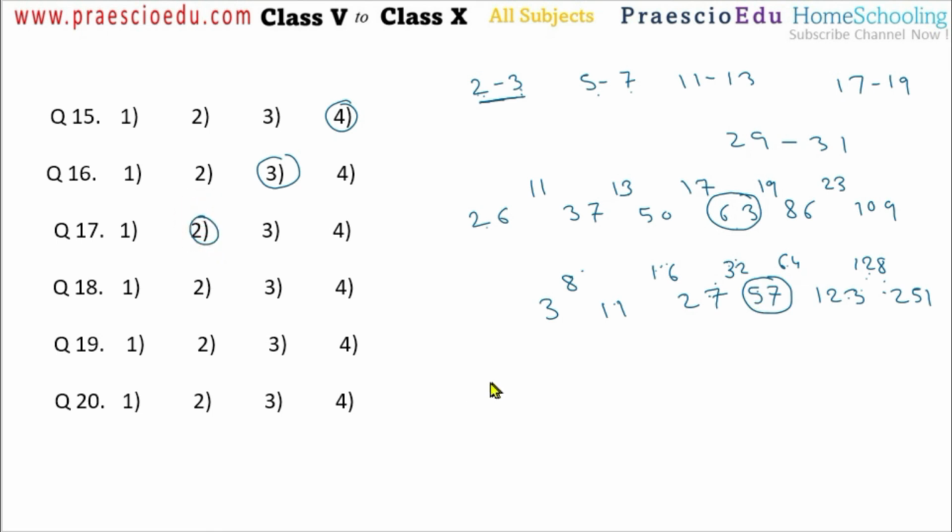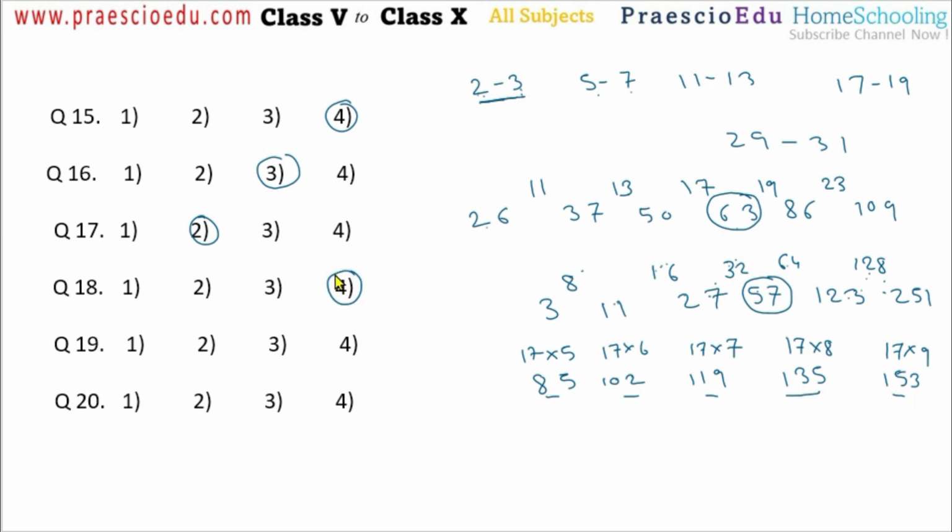Now question number 18. So if you see 85, then 102, then 119, then 135, 153. So all these are in the 17 table, means 17 5s are, then 17 6s are, then 17 7s are, and here 17 9s are. So here should be 17 multiplied by 8, but here 135 is given, which is incorrect. So that's why this 135 is given in option number 4. That option is correct.